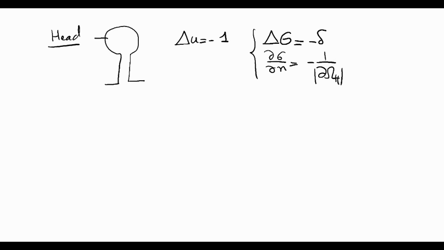I invite you to look at the class about narrow escape for this. And so when you multiply this by G and this by u, and we use Green's identity,